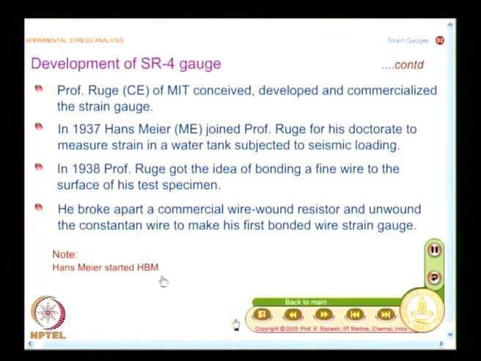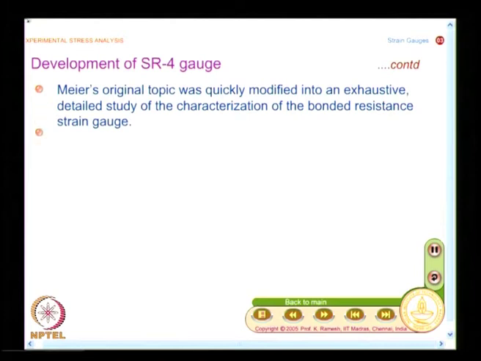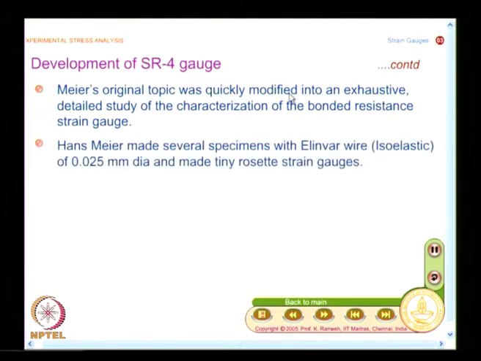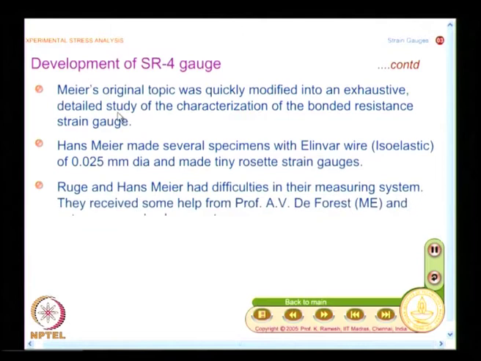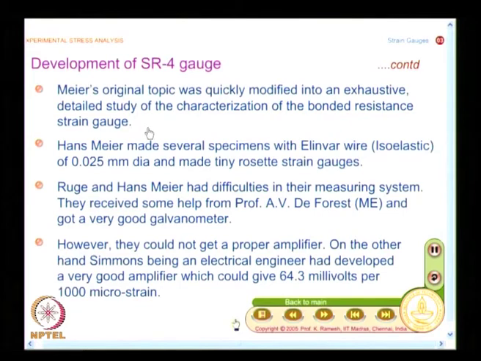And you have a famous company, BLH, which was started by Hans Meyer, and his whole thesis topic changed. So, the original topic was quickly modified into an exhaustive detailed study of the characterization of the bonded resistance strain gauge. See, that is how any development takes place. Nobody starts working on a thesis by defining what the thesis is and then working on it. You work on different ideas, and some ideas develop into interesting final results, and the whole course of action gets